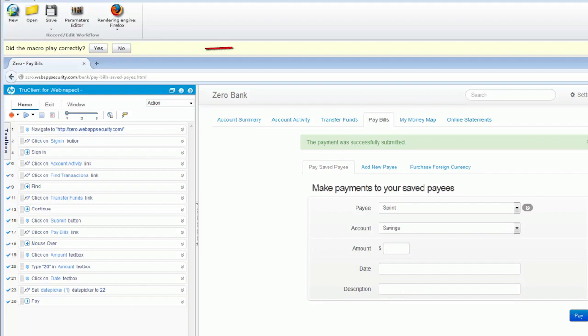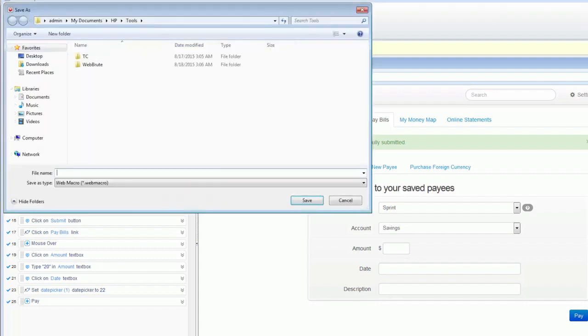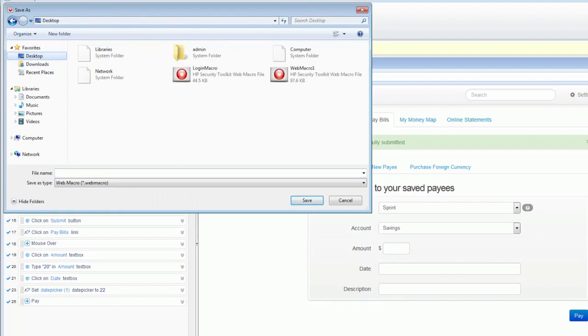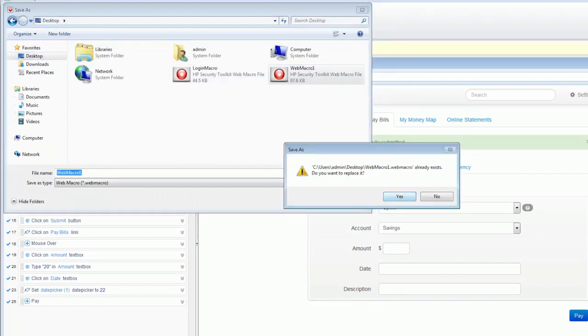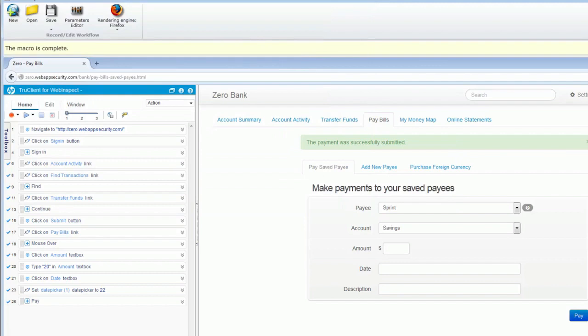And that's pretty much it, guys. You can see that it was executed successfully. So we say yes, and finally we just save our macro. In this case, I don't know, web macro 1. Also, we just replace it. So is that cool, right? It's pretty cool. And then